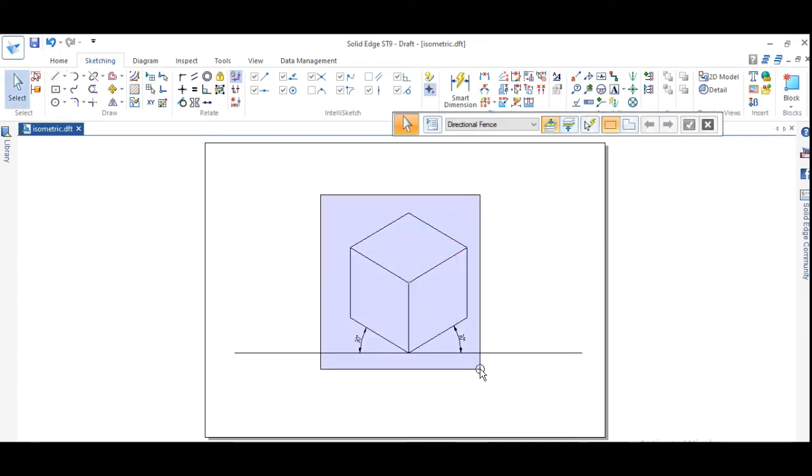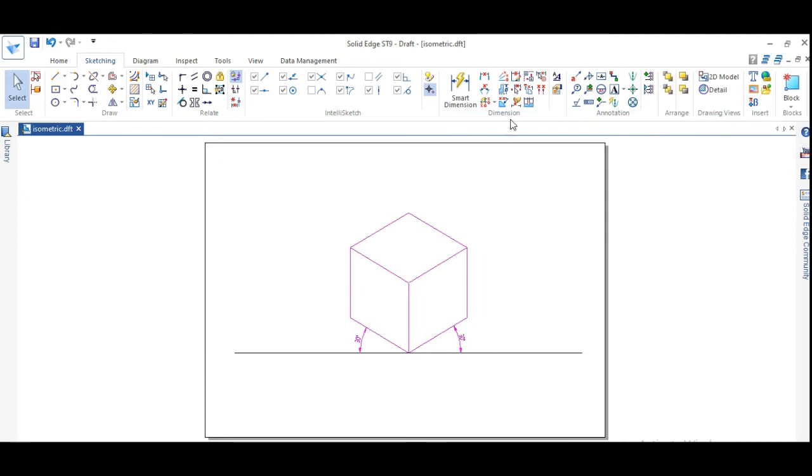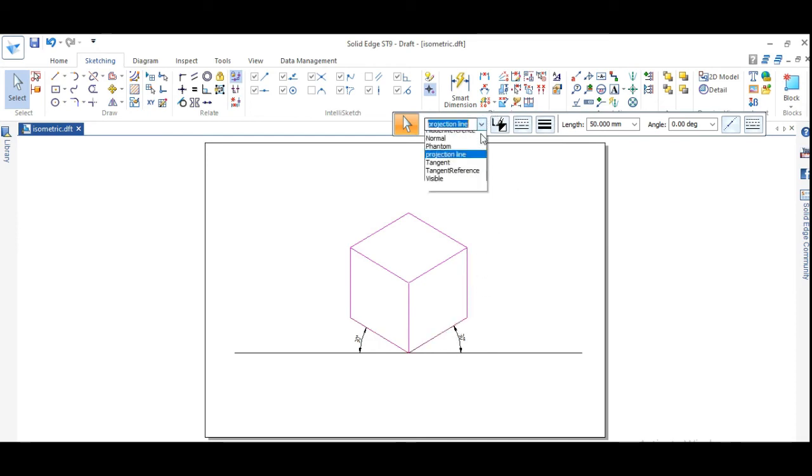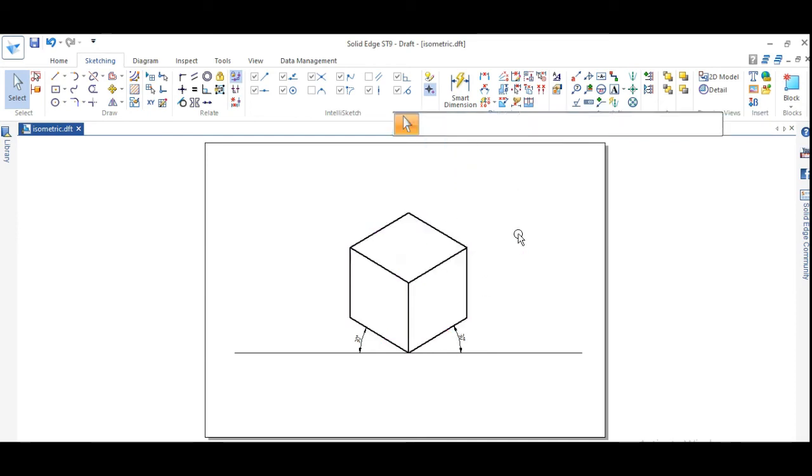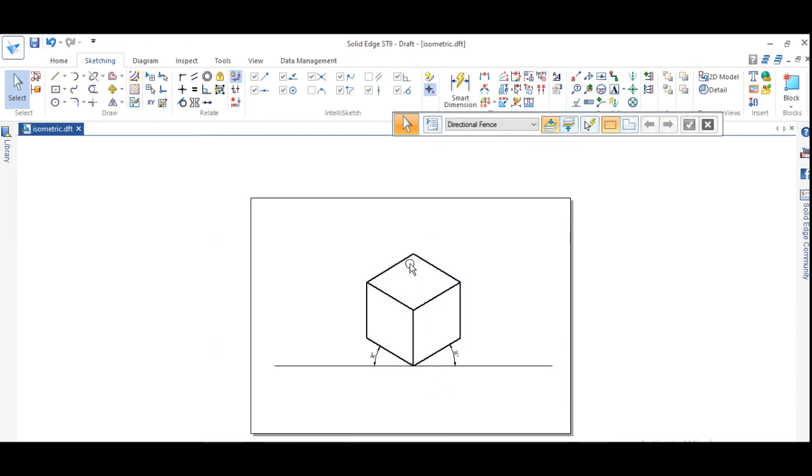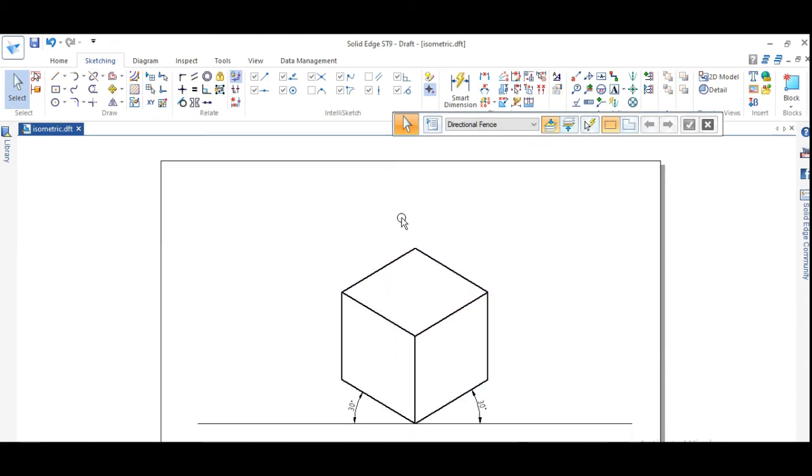Because it is an object, right? It's a solid object. It should be represented by visible line. All the lines should be represented by visible line. Visible line, right? So now what we have to do? We have to place a sphere on top surface. Where does it have to be placed? It should be placed centrally on top of the cube surface, right?